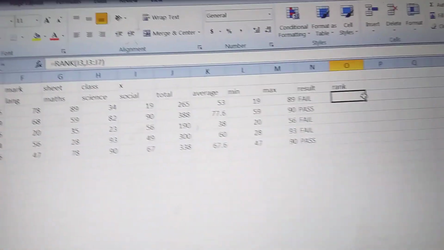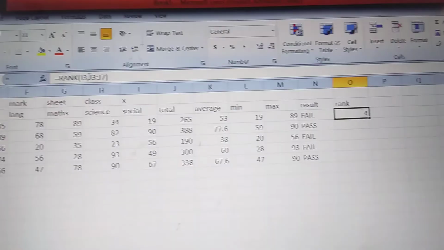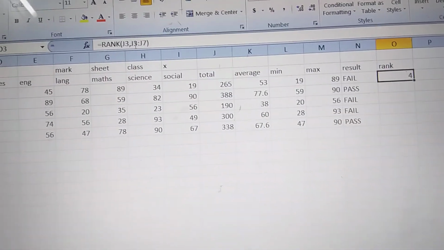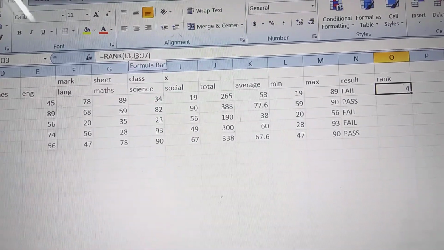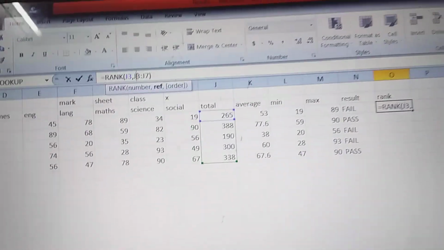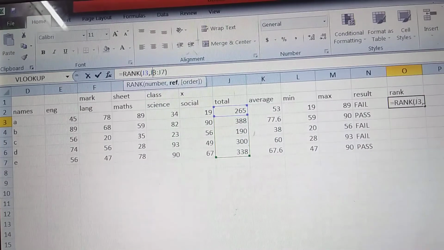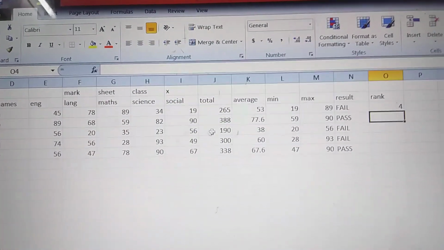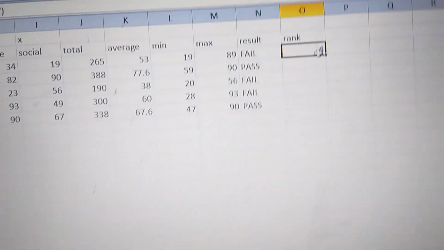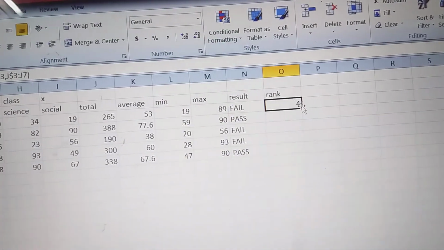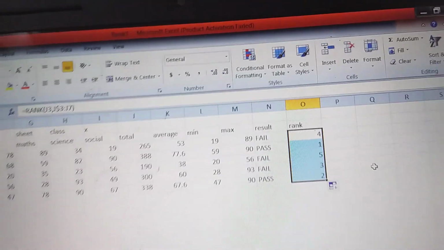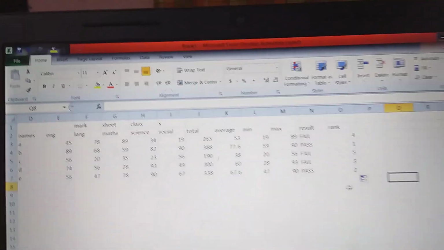Next, you go to the formula bar, where you have J3 and J3. Keep the cursor there and use the dollar symbol, using shift, and press enter. Let us go for the rank again, and we are going to use the plus symbol as given here. You get a plus symbol, scroll down, and you get the rank for the rest of the students. So this is how to prepare the mark sheet in Excel.